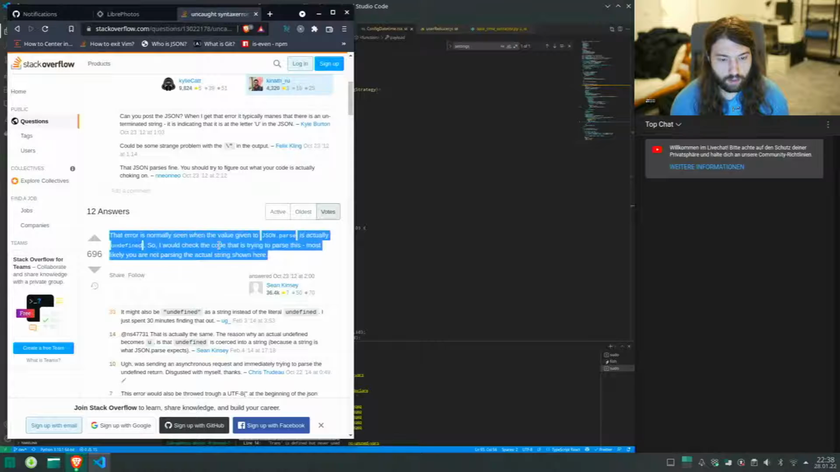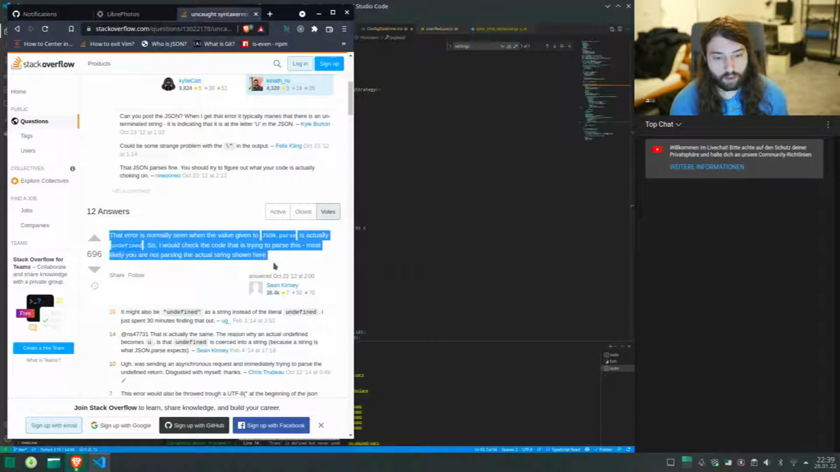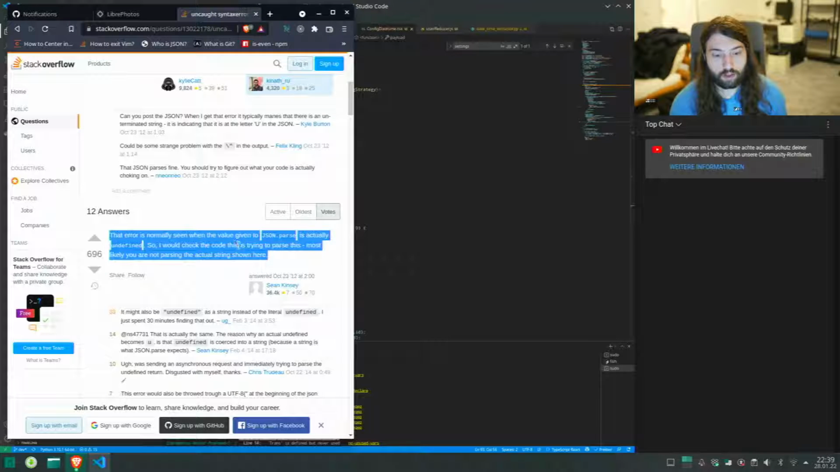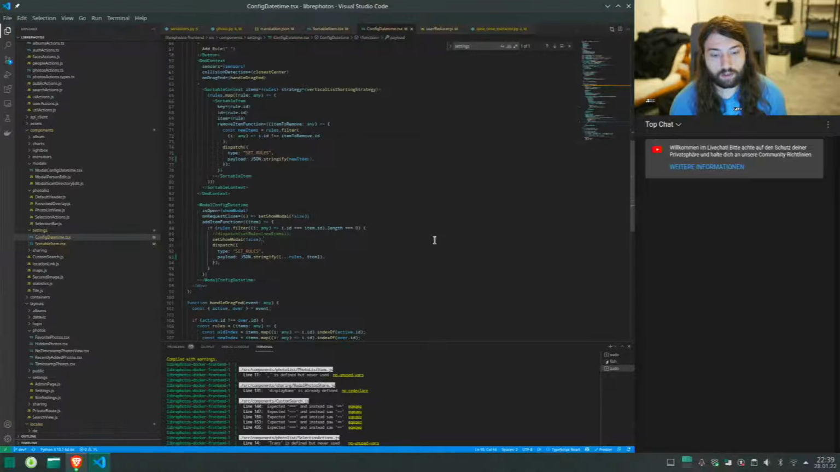That error is normally seen when the value given to JSON parse is actually undefined. So I would check the code that is trying to parse this. Most likely you are not parsing the actual string shown here. It also might be string undefined as a string instead of the literal undefined. So,